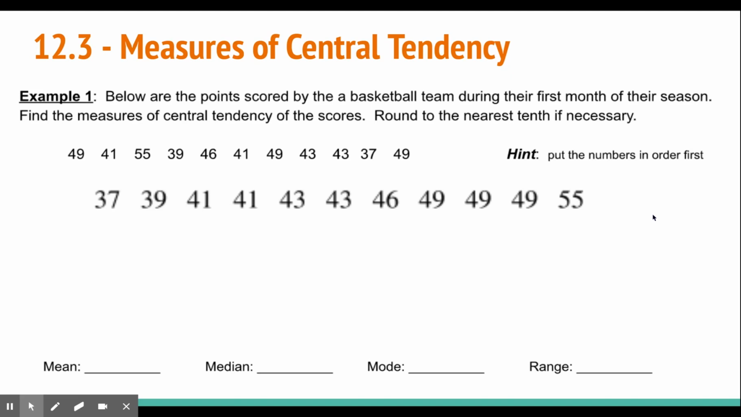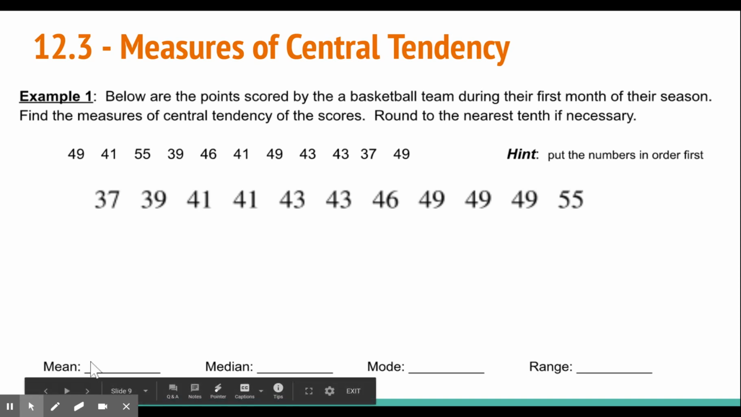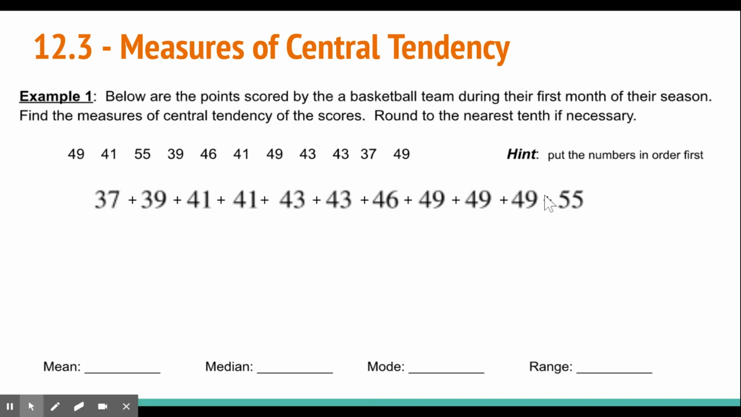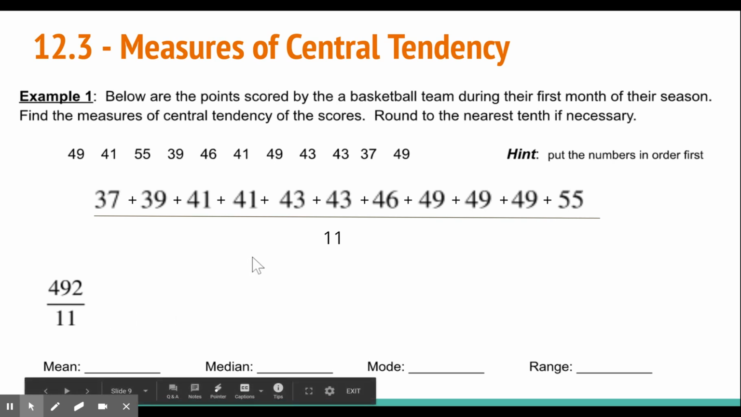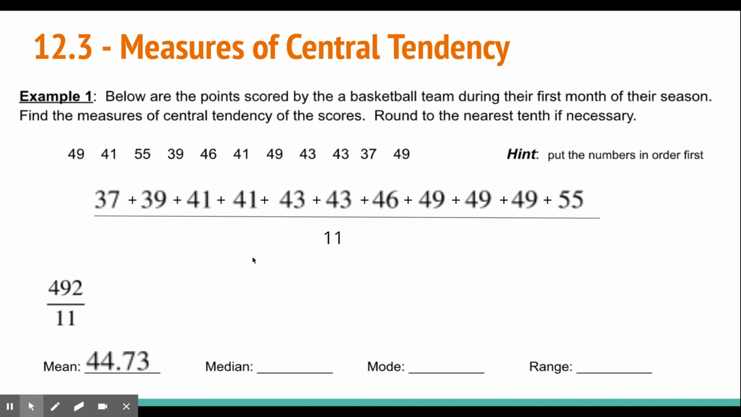All right, hopefully you've tried this. If you're going to calculate the mean, you would add up all of these numbers. When you do that, we get 492. Now there are 11 total data values: 1, 2, 3, 4, 5, 6, 7, 8, 9, 10, 11, which is why we're dividing by 11. 492 divided by 11, we're going to round that to 44.73. I guess in the directions I said 10, so maybe we should do 44.7, but